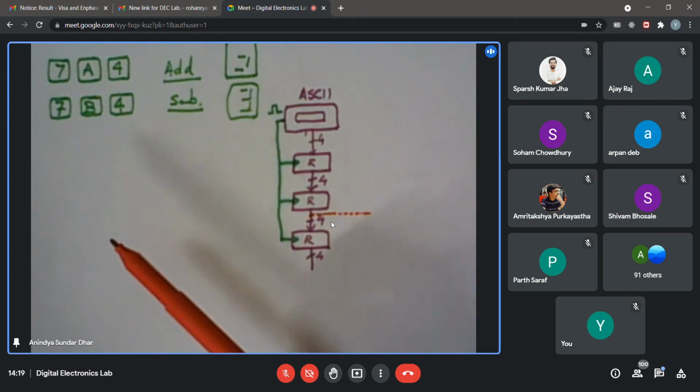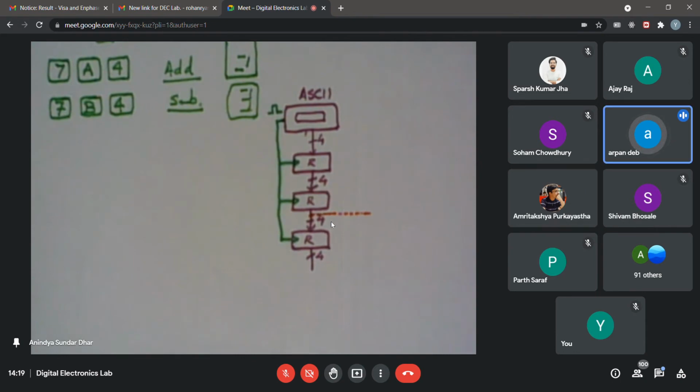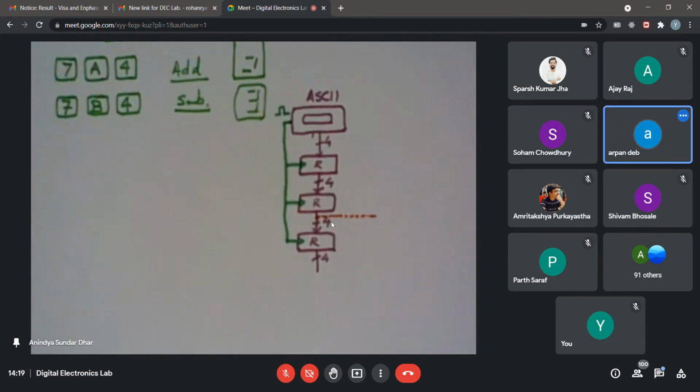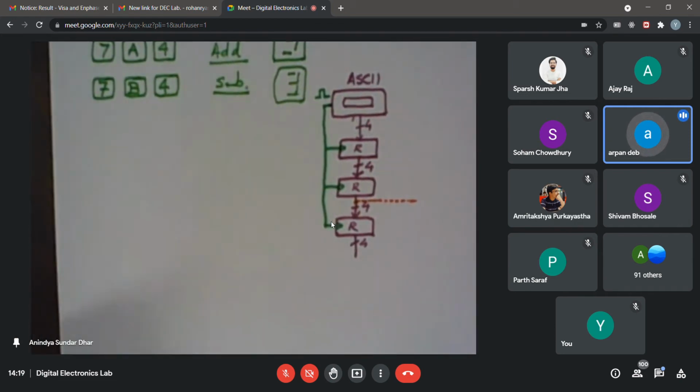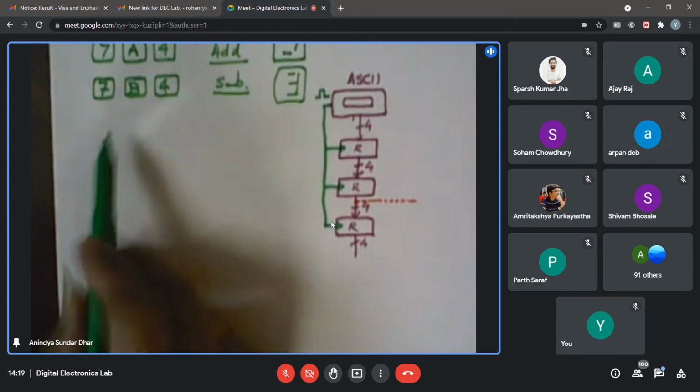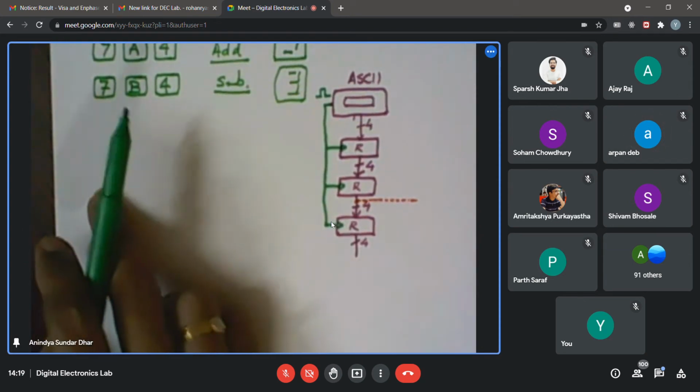Now, what is the policy of subtracting a binary number? How do you subtract? Addition we know. Using 2's complement. By 2's complement, we add it to the number, and then if a carry bit is generated, the answer is positive, and if no carry bit is generated, the answer is negative. Okay, so let us try this, though it is very obvious, just to exemplify it.